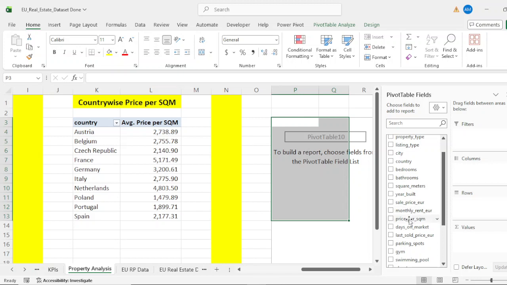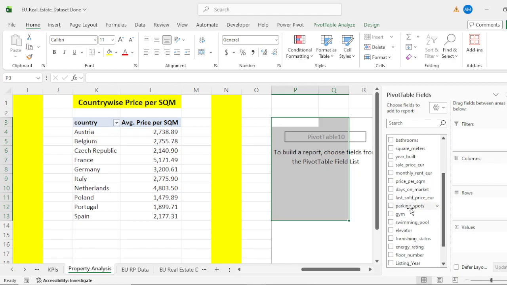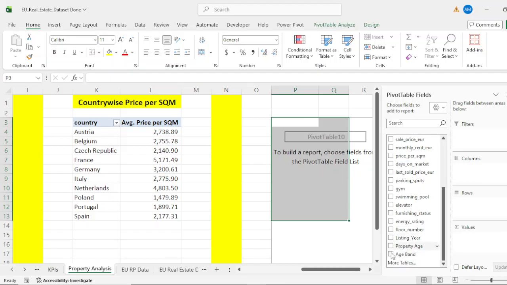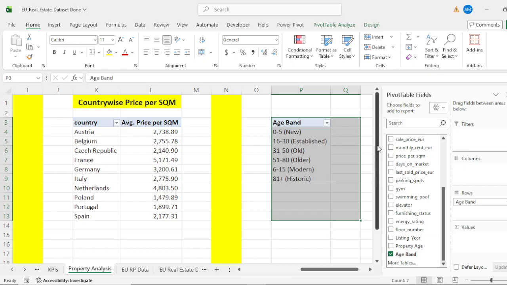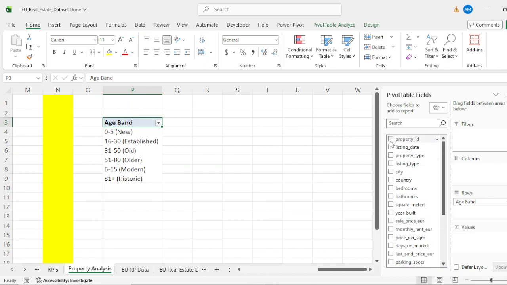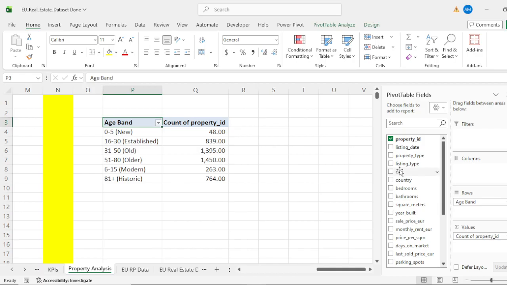So monthly rent in euro, price per square meter, days on market, last sold price, gym, parking slots, swimming pool, elevator, furnishing. Those are the facilities. So let's make it property by age band. What we have to do is list how many properties are listed by the age band, and how many of those